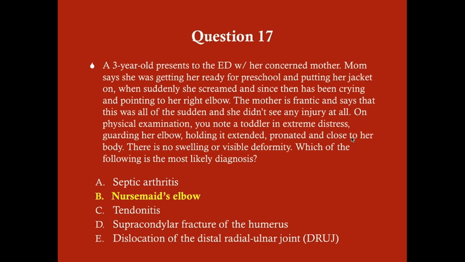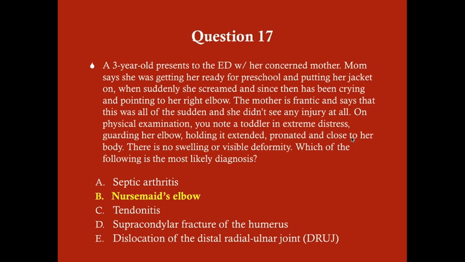This is a coincidental injury, and it is absolutely not indicative of child abuse. Most of the time, the parents are absolutely dismayed at what's happened. However, it appears very severe because the kid is in absolute mortifying pain. And so with Nursemaid's elbow, the typical pain that you see, of course, is pain in the elbow, which whenever you're dealing with a child, especially a child that has a limited vocabulary, you're not going to ask them where it hurts. You're going to tell them to point to where it hurts. And they will point exactly where it hurts, and it will always be at the elbow when it's Nursemaid's elbow,